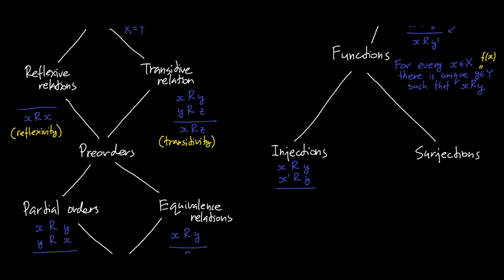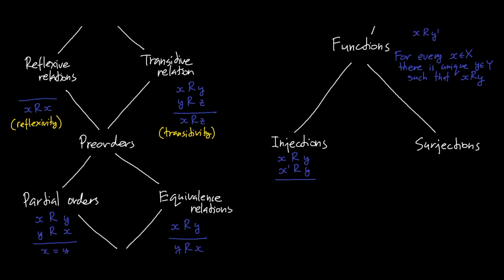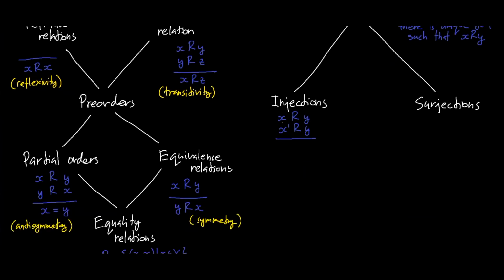So an ordinary function is a relation which relates x to the corresponding y value. So now we're saying here that if f of x is y and f of x prime is y, then x and x prime must be equal. So two different things can't be related to the same thing, so this implies that x is equal to x prime. That's the injective property, and the surjective property tells me that